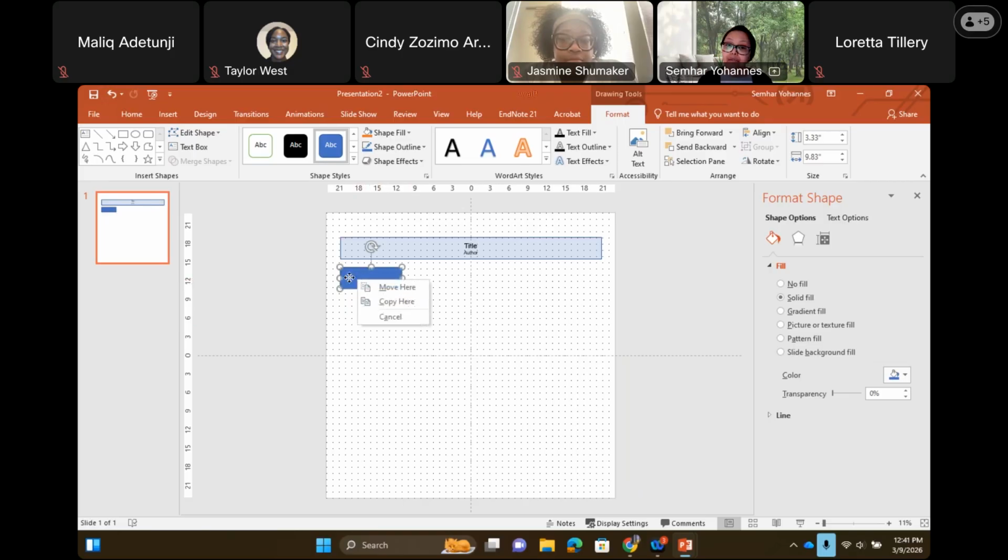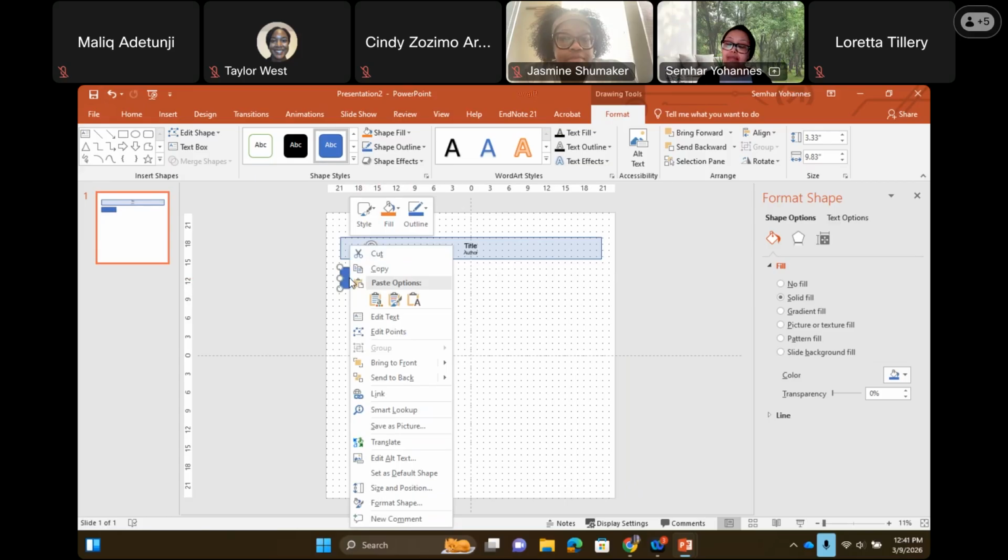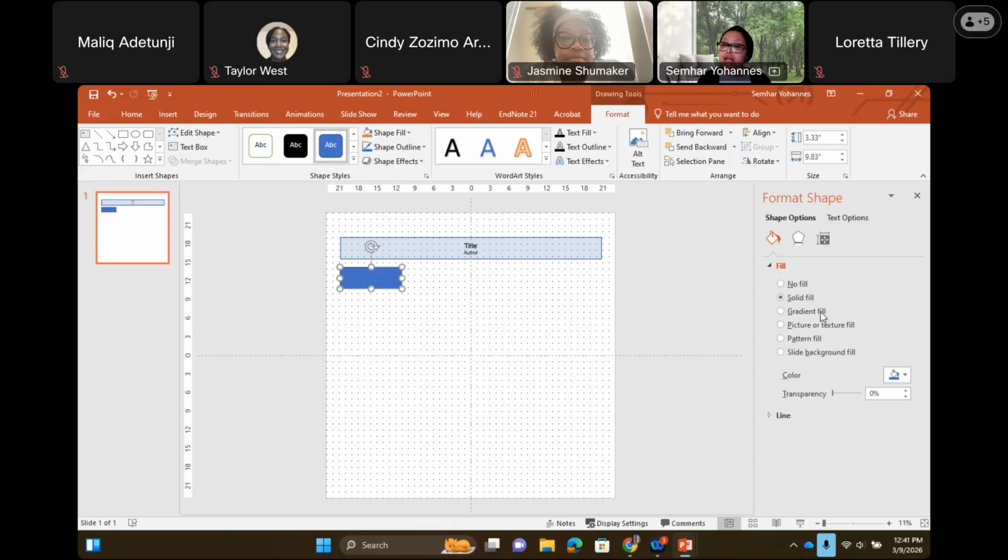So the first thing that I'm going to do is change the color. So right click it, select Format Shape, and then on the right hand side, pick Solid Fill, open up the color wheel,